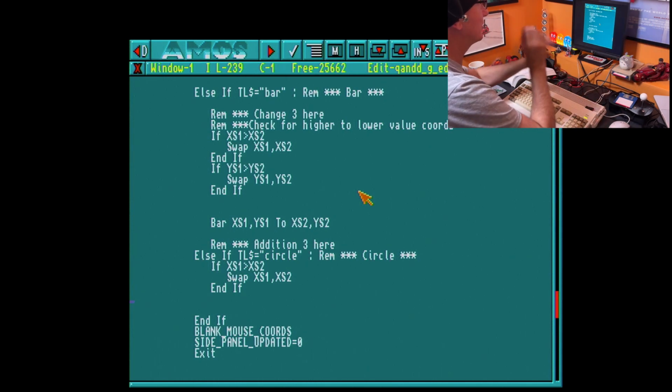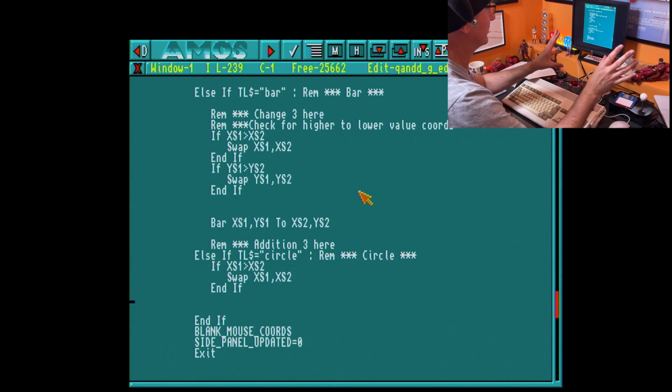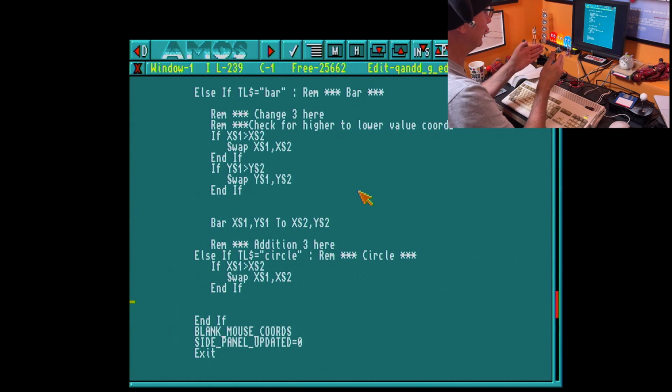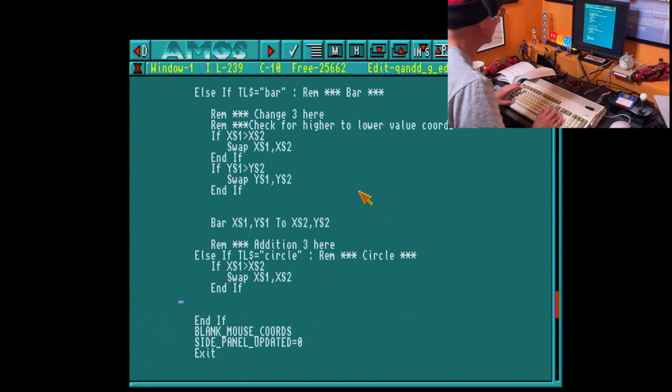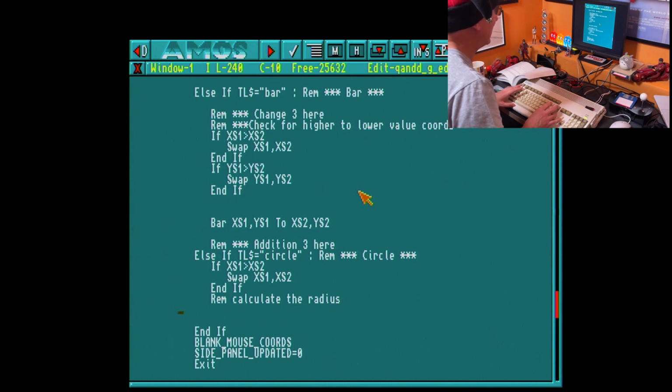So the circle command draws from the middle outwards. So effectively, yeah, you'll see in a minute. Let me do this quickly. So I'm going to set up a variable called rad. Actually, no, first of all, what I'm going to do is rem calculate the radius. Calculate the radius. And what I'm going to do, set up a variable called rad, and rad will equal